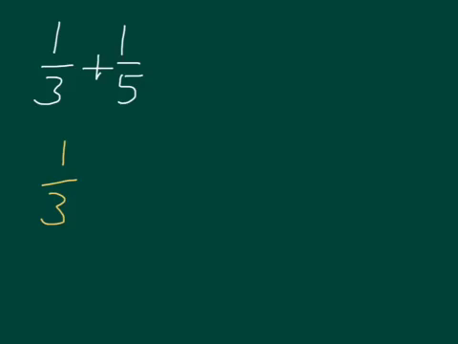So what would be a common denominator that both 3 and 5 go into? So we need to figure out how to do that. One way to do it would be called the multiplication rule for finding a common denominator. And you just multiply the two denominators together. So we would multiply 1/3 times 5, and you get